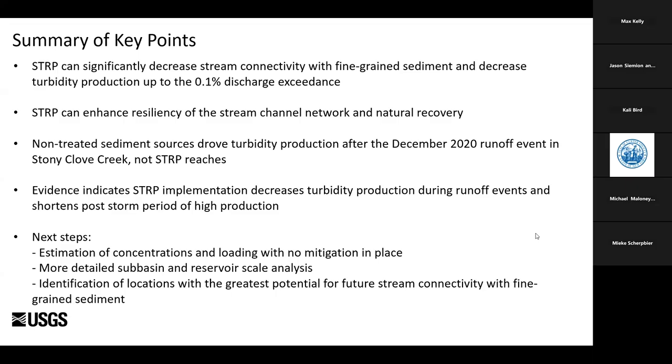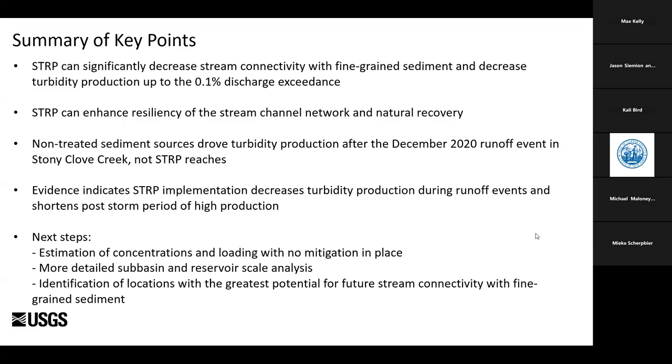We also know that they decrease turbidity production through the range in discharge up to some of the higher values that we were able to measure during our studies. Of course, for some of these, we're still waiting to test them at some of the higher flows. We know that these projects can also enhance the resiliency of the stream channel network and aid in natural recovery in the system. And we showed that with both the mapping that's been done and with our turbidity data bracketing